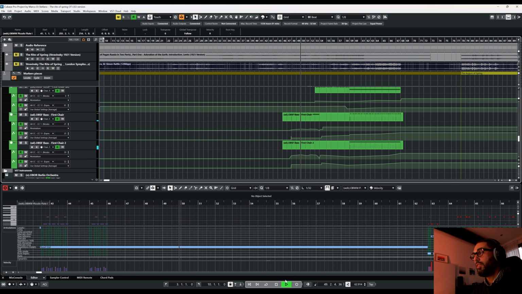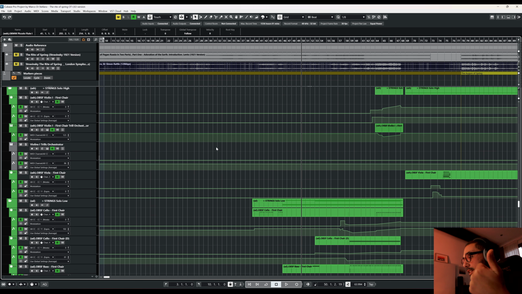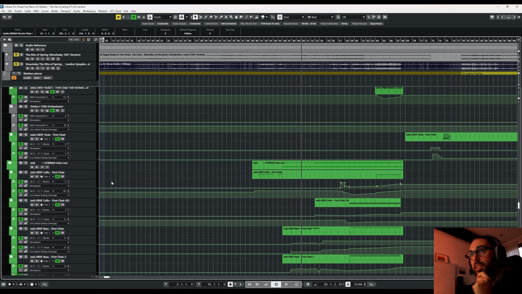strings. For the strings, the setup is actually very complex, because you have strings one, of course, and all the violins that are needed, then you have the divisi. So you have violins one, divisi, so you have divisi for all the different sections of strings. But then you also have solo instruments. For example here, as you can see, this one is being played by a solo cello. So if we put it,